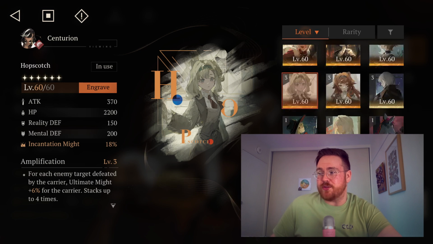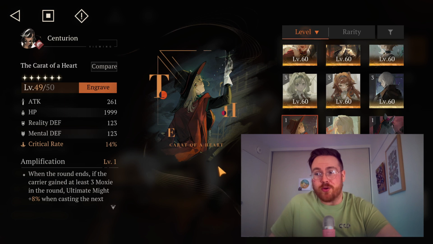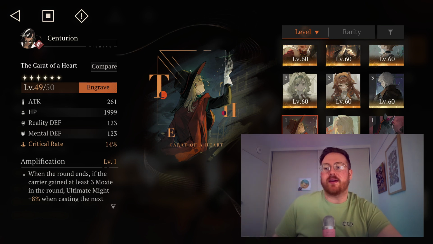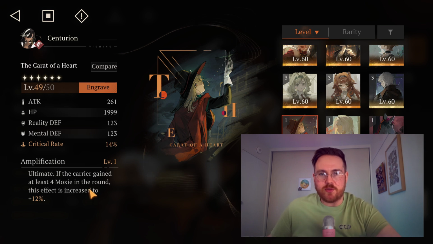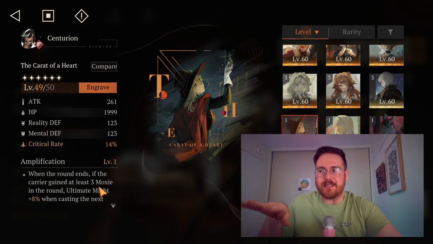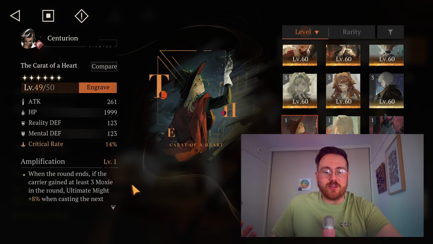The other option that you do have is the Karat of the Heart. This gives her even more crit, so you'd be pushing almost 80, 90, 95% if you use this side tube with her. If she's gained more than 3 Moxie per round, her ult damage will increase for the next time she ults. So it's really good if you're doing the ult spam for lots of little minions and stuff like that. So this is a good side tube for this, but honestly, with Shimane being one of her best teammates,